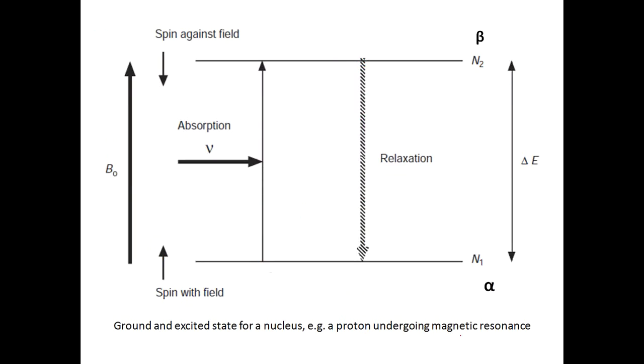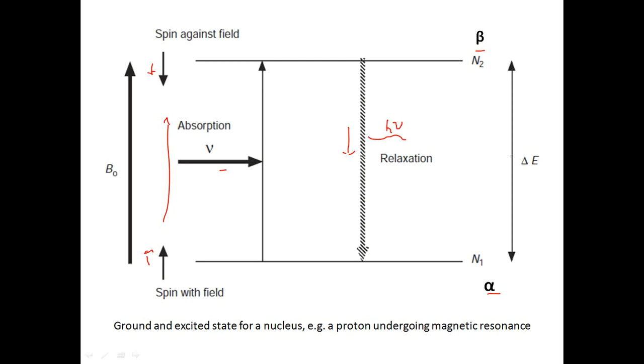You can see the low energy state, the plus half state, is given as alpha, and the high energy state is given as beta. So when you apply a radio frequency, the spin state flips and goes to an antiparallel state. Flipping of the spin occurs when a radio frequency is applied to it. So the spin state jumps to this particular spin state when it absorbs energy, and when it comes back to the ground state, it releases energy again, equal to delta E.